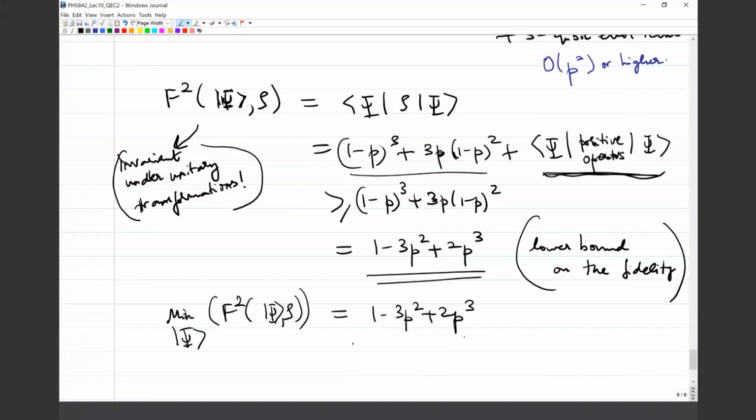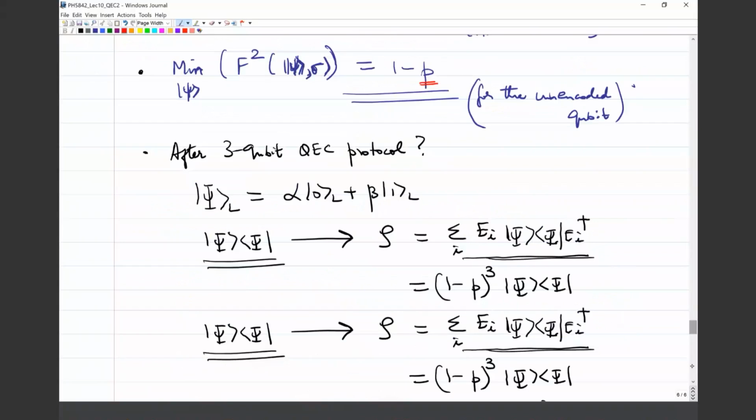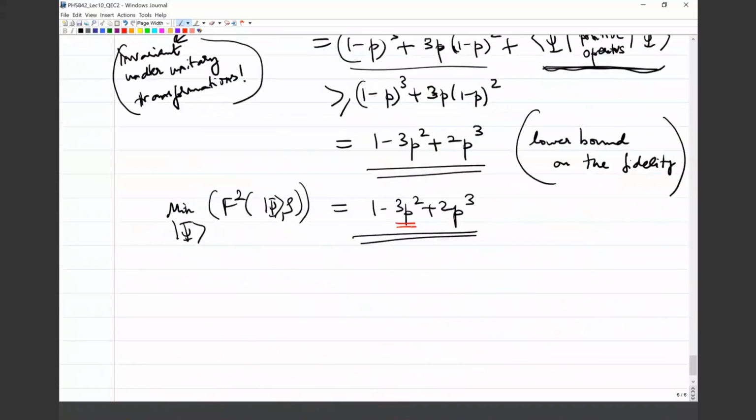So you see that while the worst case fidelity in the unencoded case had leading order p, you now have the leading order here to be order p squared. So it's of the form 1 minus something order p squared as opposed to 1 minus something order p, which is the case of the physical bare qubit, the unencoded qubit. So this is again the argument for why error correction is useful. It removes the order p term, and the leading order becomes order p squared. So once again, you can do the comparison and you will say that QEC is successful